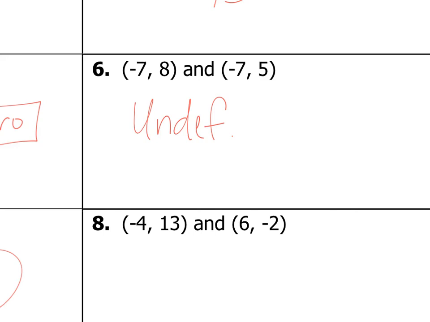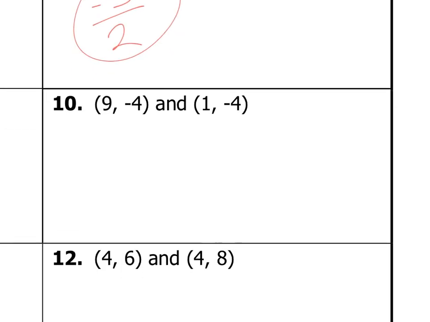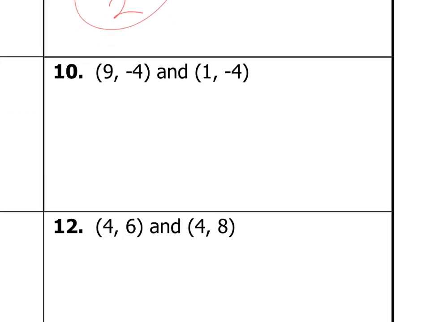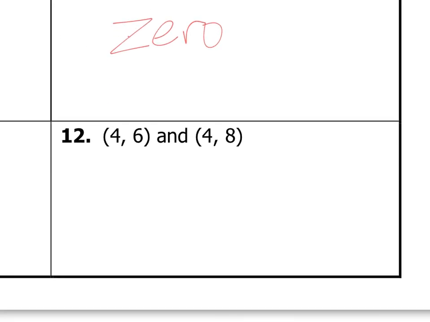This will be a vertical line if we were going to see that on a graph. Number 8 is -3/2. Haha, got you on that one. Okay, number 10. Ooh, no, that was good. 0 on number 10. And number 12, again, another